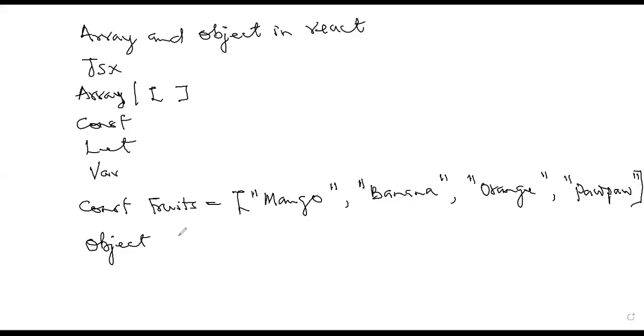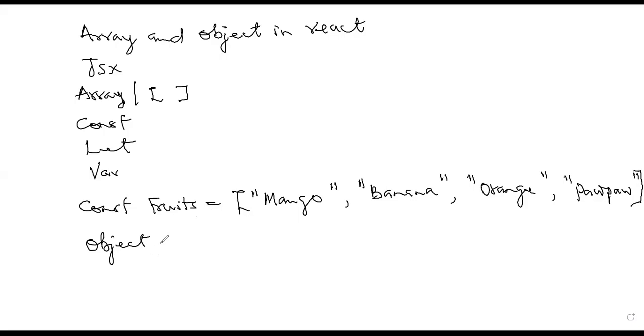So an object is also a list. It can also be a list of items, and it's also assigned to a variable as well. It can be assigned to a variable. Okay. Now, what you need to know about an object is that